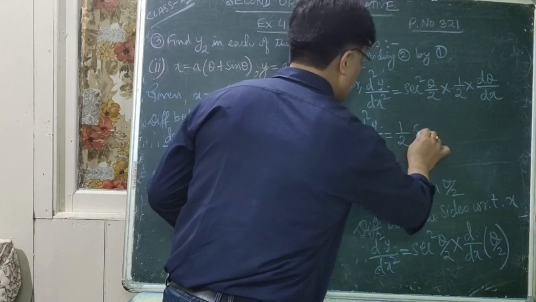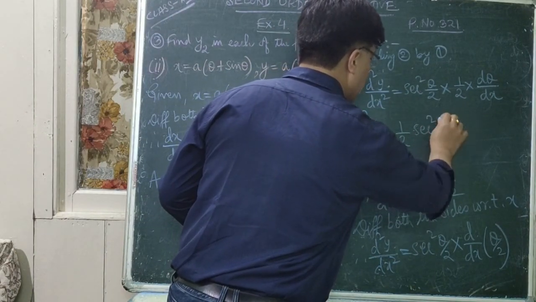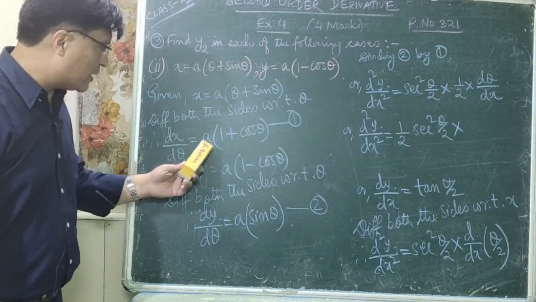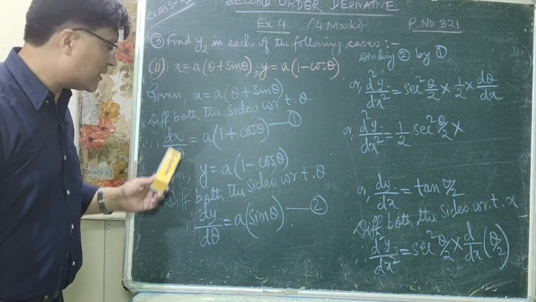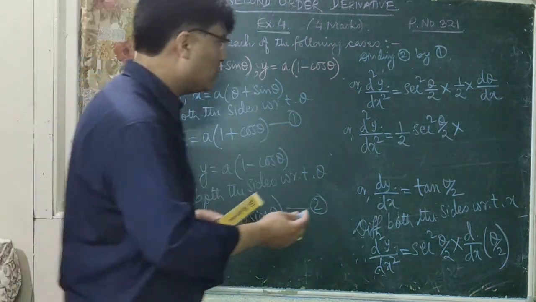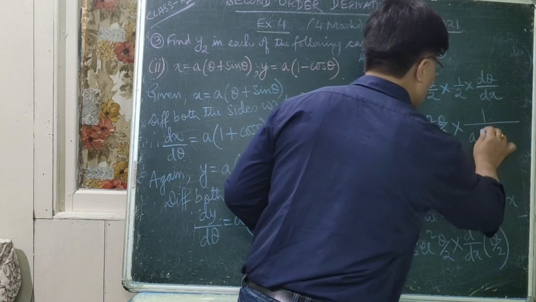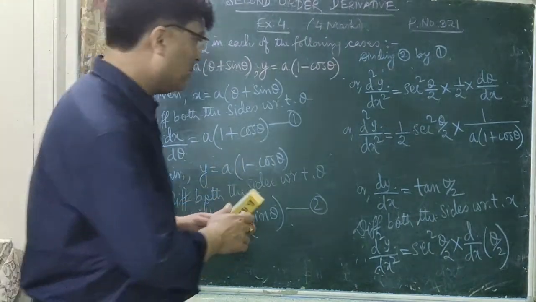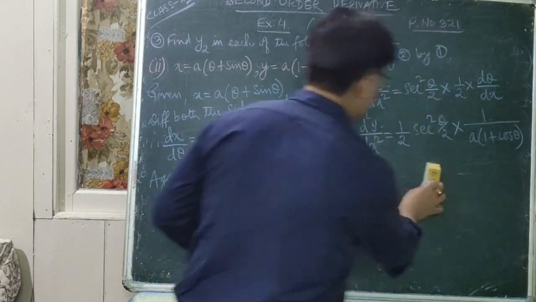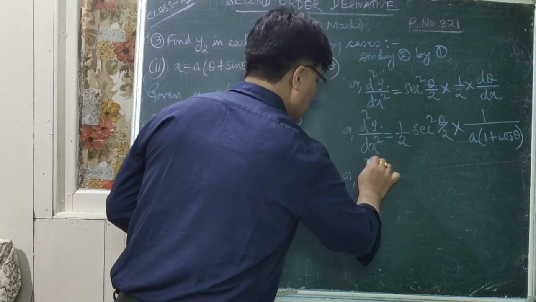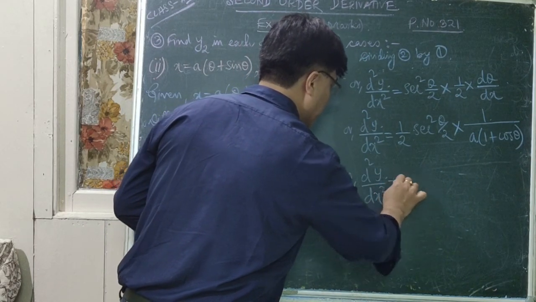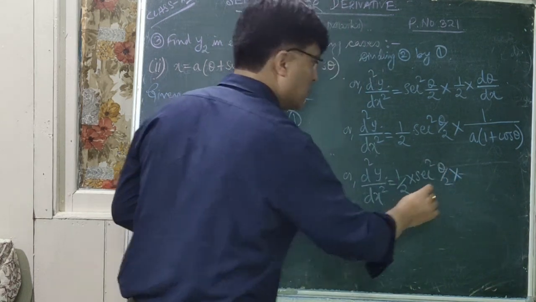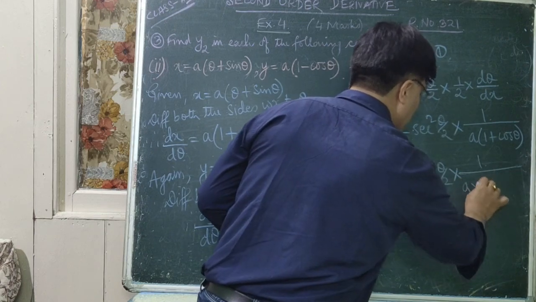So this d square y by dx square is equal to half is written first. Half should be written first, then sec square theta by 2 into, what is d theta by dx? The dx by d theta is a into 1 plus cos theta. So what is d theta by dx? Invert it, 1 upon a into 1 plus cos theta. So I think you have understood it. Okay. So next, what will you do now? d2y by dx square is equal to half into sec square theta by 2 into 1 upon a into